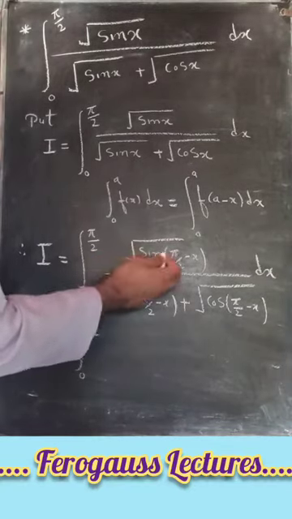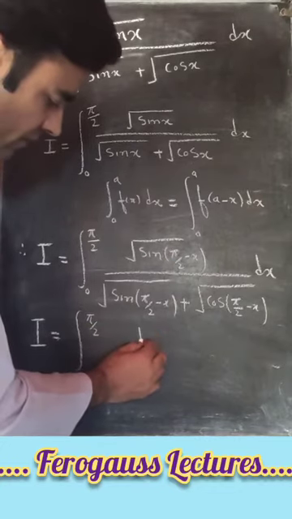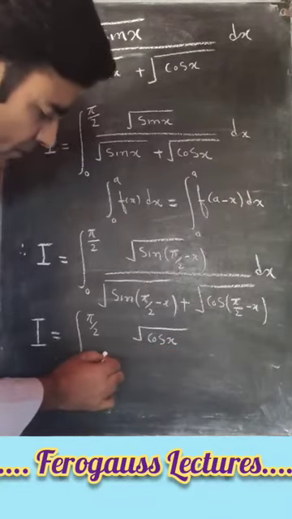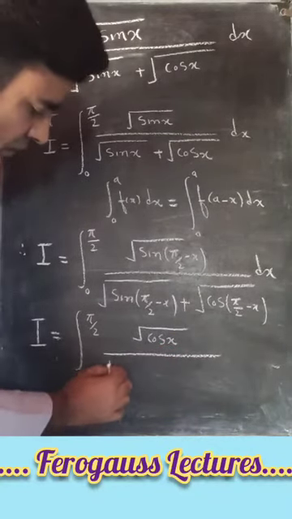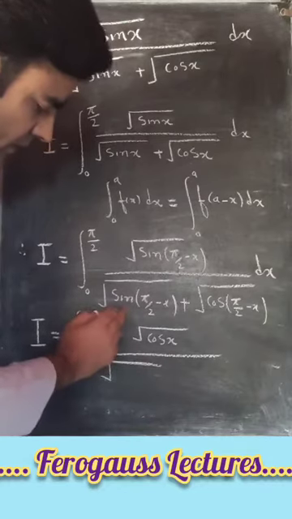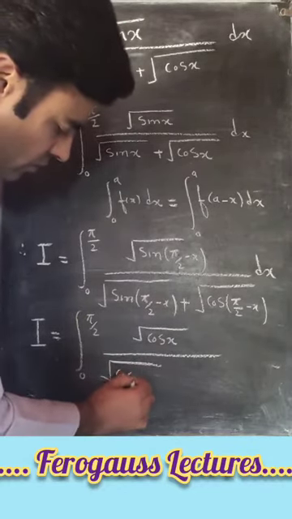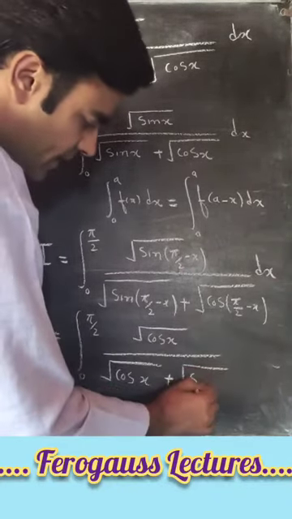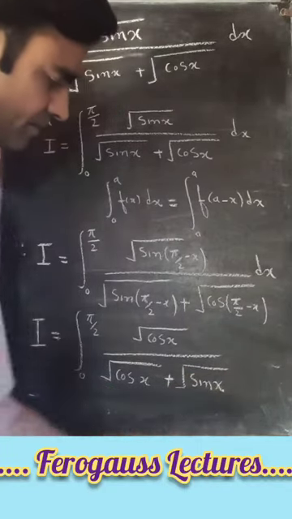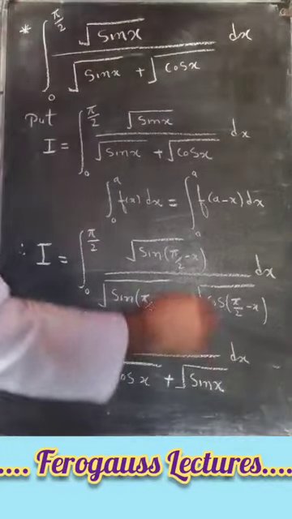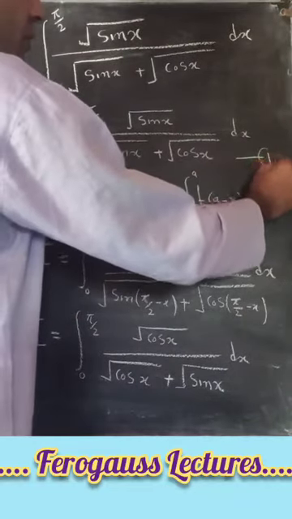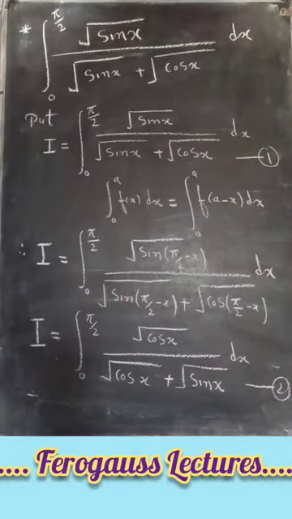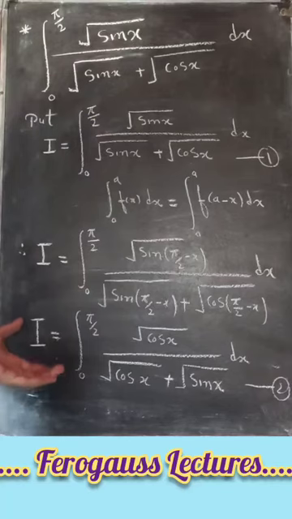We know that sine of pi by 2 minus x is equal to cos of x, so we get square root of cos x divided by square root of, sine of pi by 2 minus x is cos x, plus square root of cos of pi by 2 minus x is sin x, so square root of sin x dx. Now we name this equation as equation first and this equation as equation second. Now adding equation first and equation second, we get